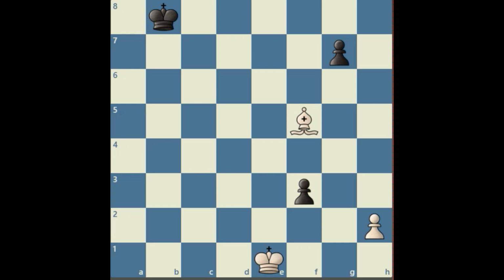Today we're going to have a look at this endgame study. So it's white to play and win. What is the correct move for white? Well, in general, we are trying to promote this rook pawn, and as we know, white has a light square